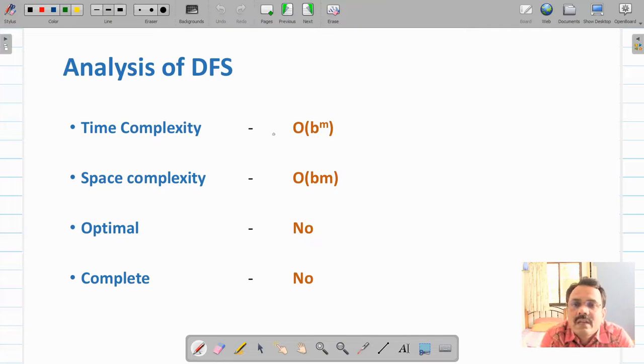As I told you, time required, that is, time complexity of this algorithm is order of b raised to m. It has to traverse all the nodes.